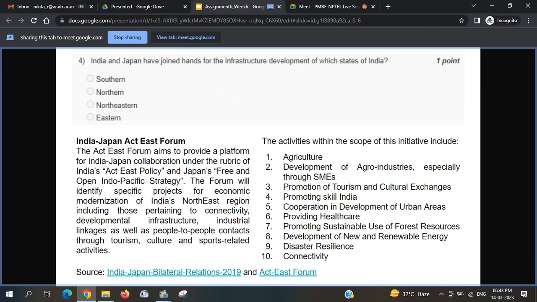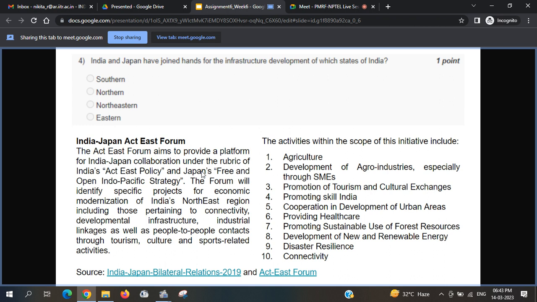As you know, the northeastern region of India is very rich in terms of forest resources. So, promoting sustainable use of these resources is also an important directive of this forum. Then development of new and renewable energy, disaster resilience. You might know that the northeastern region is also home to a lot of natural and climate related disasters. So, again this becomes an important imperative in this forum, and the most important of them all is the connectivity